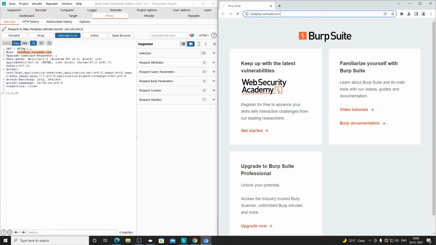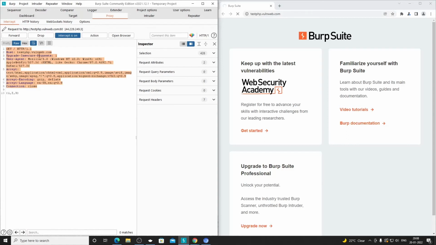The server will act on that request. For example, if we ask the waiter to bring us tea, the waiter is going to bring tea. If we ask for coffee, he's going to bring coffee. It's not going to be that we ask for tea and he brings coffee. So based on the request, the server is going to form a response and send it back. Normally Burp Suite doesn't intercept the responses coming from the server. That's the default functionality.